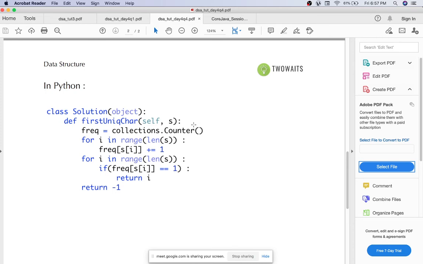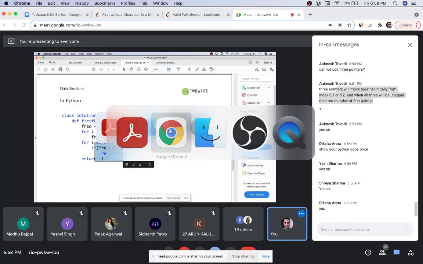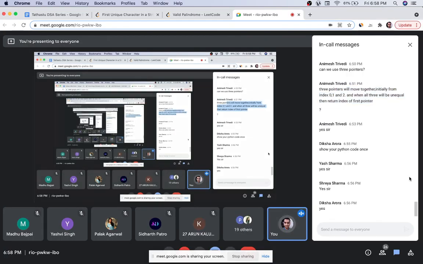If you pass s as a parameter here, it will by default fill this dictionary with all the key value pairs, but I didn't. I passed a for loop and I just put all the frequencies one by one in it, and another for loop to identify which occurred for the first time. Okay, is that clear to everyone? Any doubt in any code, any logic?